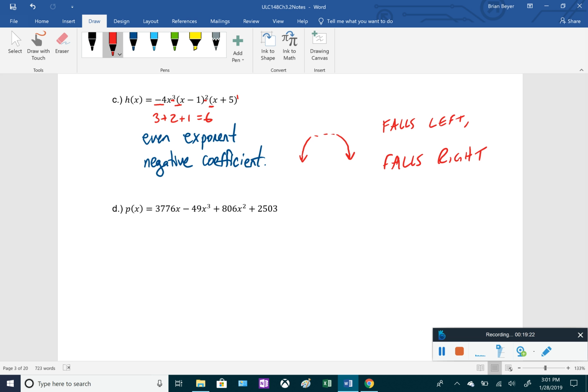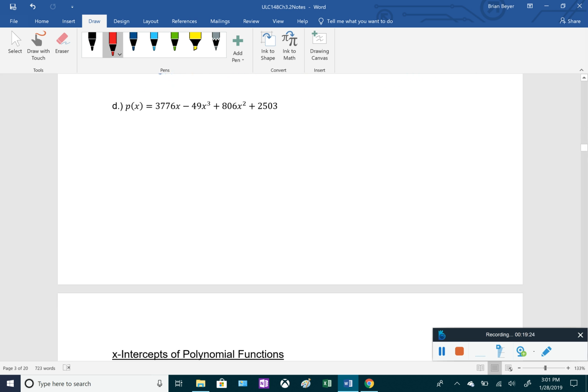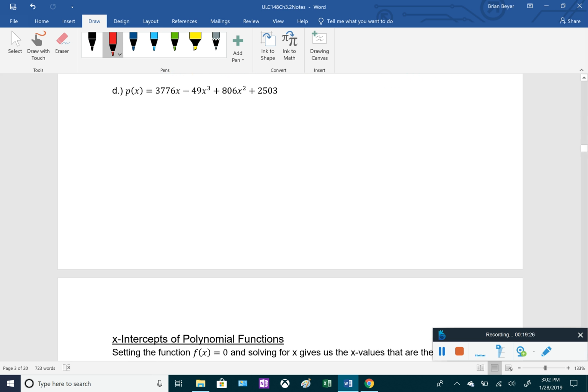And for the next one, for D, one more. P of x, so it's that long nasty thing, 3,776x minus 49x cubed plus 806x squared plus 2,503. So this one is not in descending order in terms of the exponents. So our leading term is actually right there this time. It's actually negative 49x cubed. So just because it's called the leading term doesn't mean it's the first term. It means it's the largest